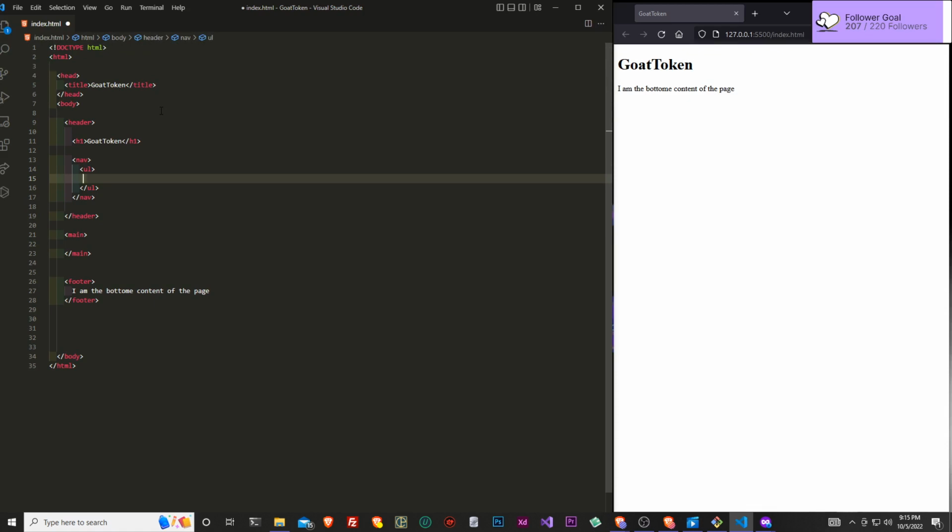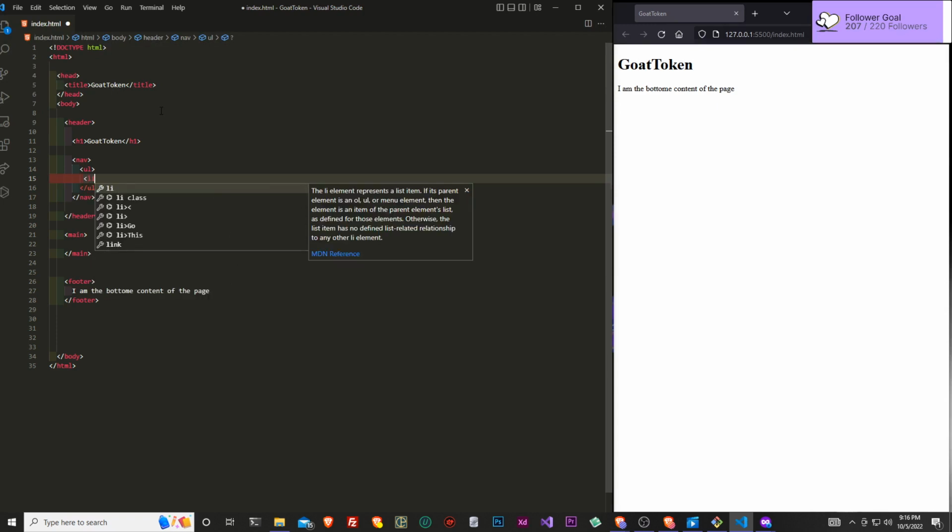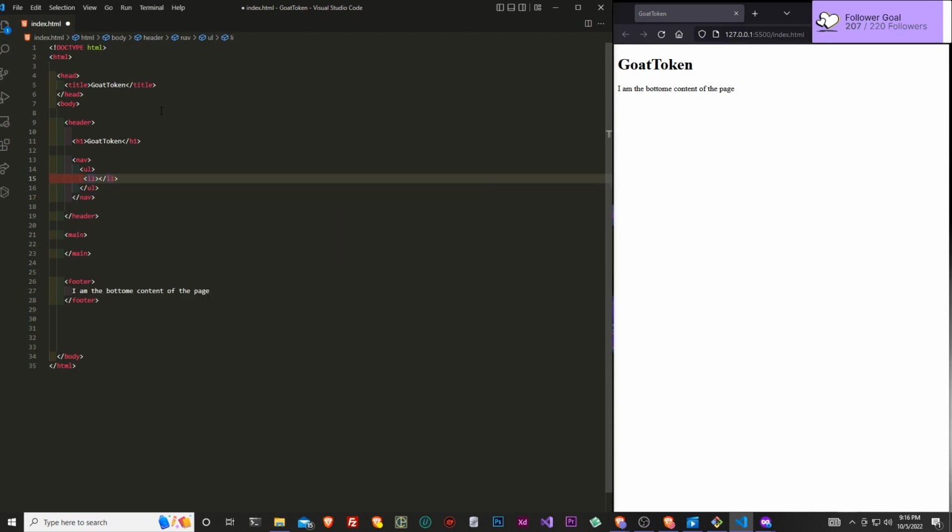I like to wrap the items that are going to be our links inside of a list for structure. Inside of our UL, which means unordered list, I want to create an LI, which is our list item. Let me just indent this to make it better.